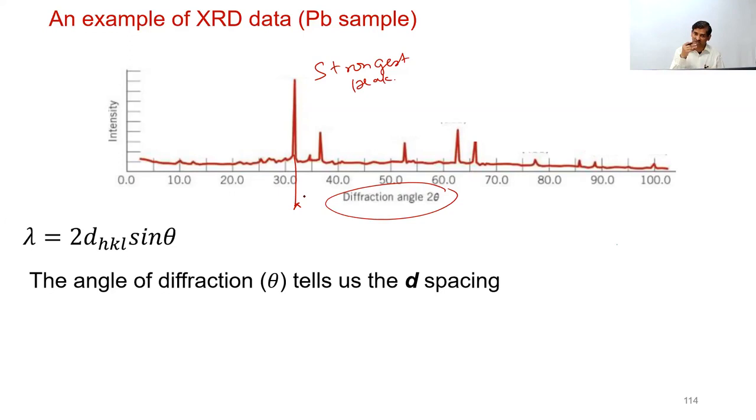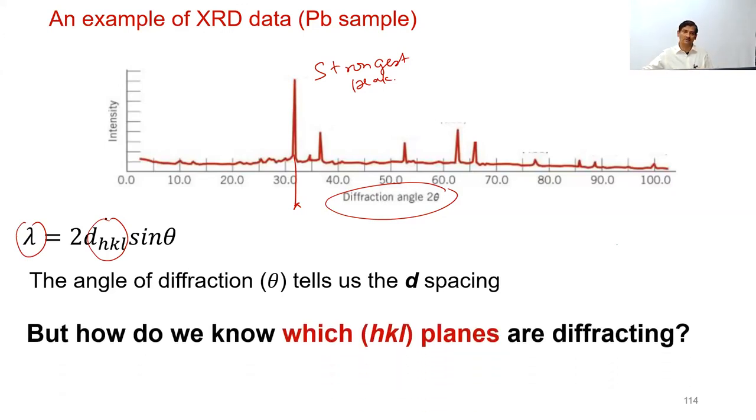Because of the diffractometer geometry, the angle quoted on the x-axis is 2 times theta. So what we do is convert that into theta, and we know the incoming X-ray wavelength lambda, and we simply calculate the d spacing. So the angle of diffraction theta tells us the d spacing of any particular plane. But the key question again is, how do we know which HKL plane is diffracting? We know that there is some plane which has caused this, and we'll get some value for the d spacing